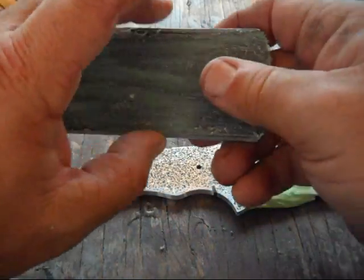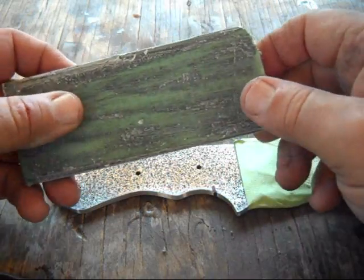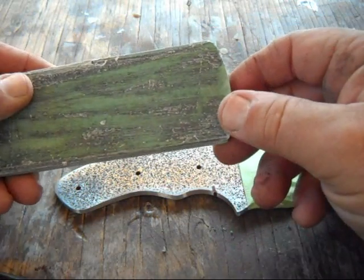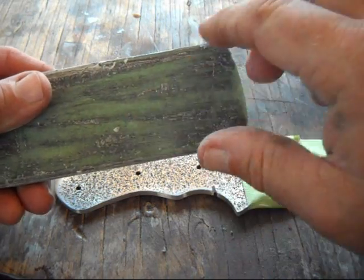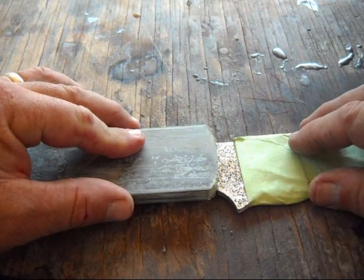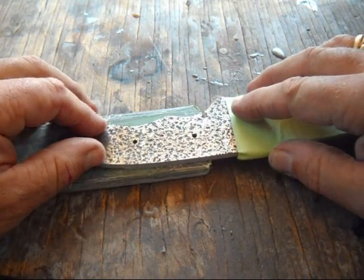So what I've done is knocked off the big chunks of the wax paper and all that. I'll refine that a little bit more, and rounded this edge a little bit, and I'll definitely refine that some more. But now I want to mark out the blade, and the way I do that is set it on there where that tick mark is,